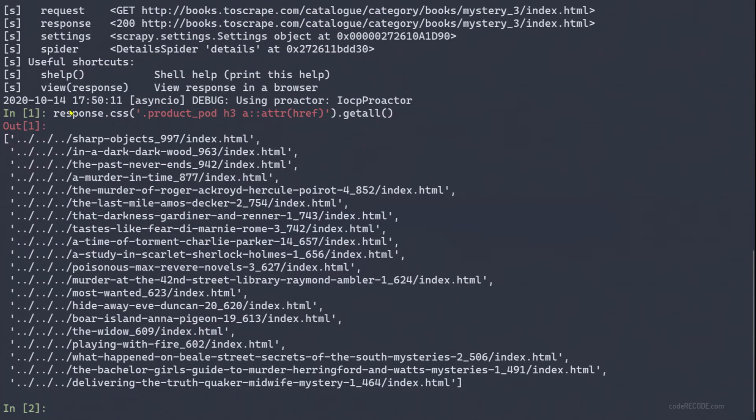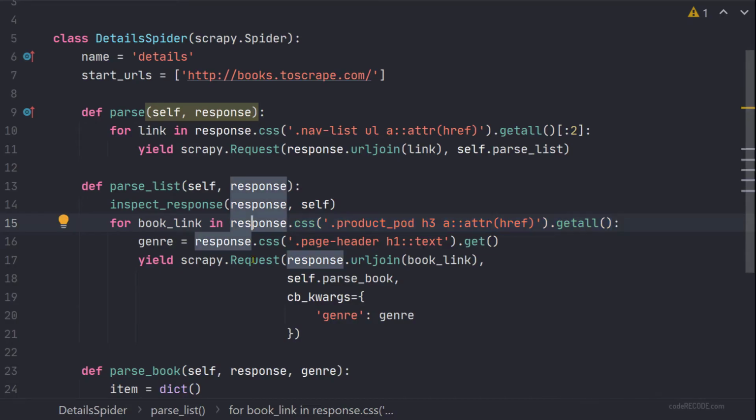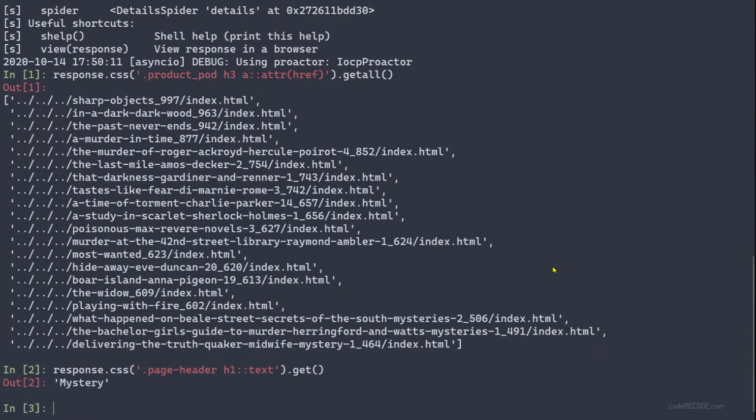So these are the selectors, and as you can see, these are relative URLs. So that's why we are using the urljoin method here. And then we have one more selector here. So let's verify that. So these are the things that we can do like you would do with Scrapy shell. If you don't know about Scrapy shell, this would be a good time to have a look at the video.